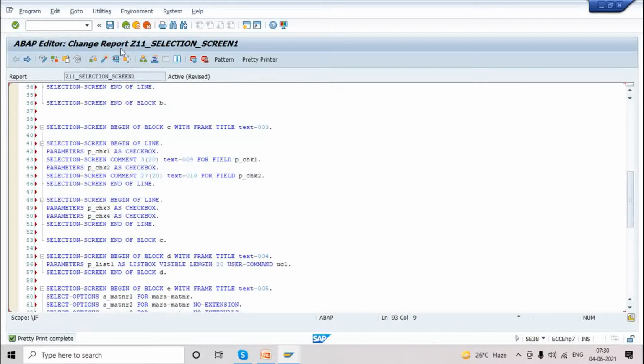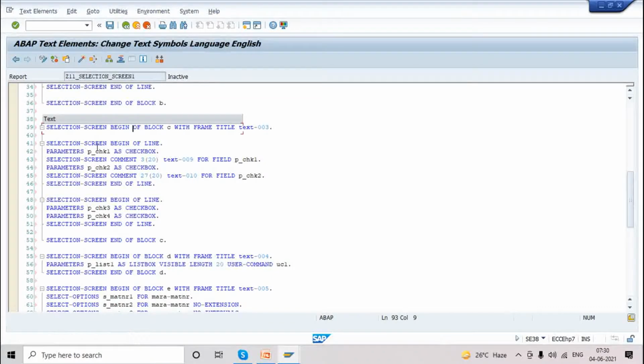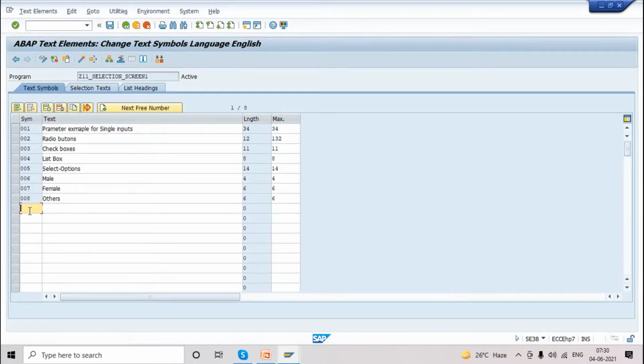Now 9 and 10 we can directly create. So we can go here, text symbol. Here 008 is the latest. Now we can add 009. So this is for cricket. 010 is volleyball. Next also we are going to create two text elements, right? We can directly add.